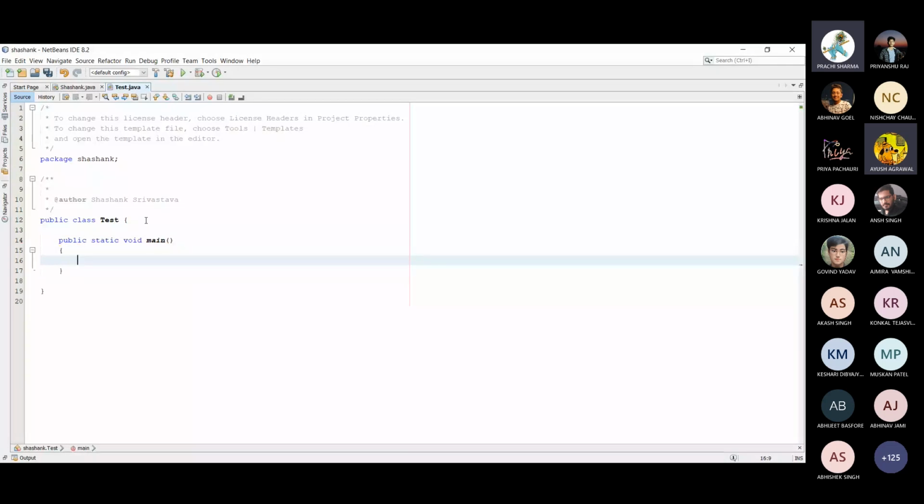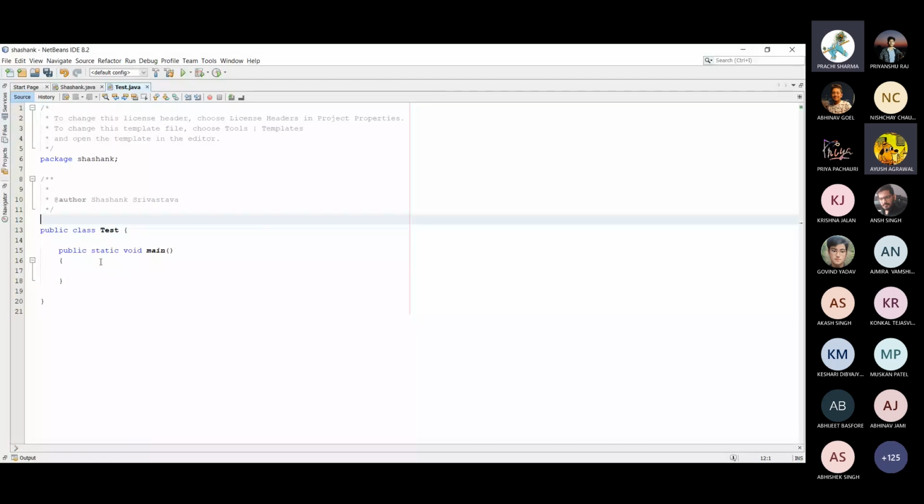Now, in the main method, when a program is executed in the Java programming language, initially the main class is executed. When the main class is executed, you need to create the object in this main method. String args like this. Here, this is a string array, and args is a variable name. You can write a here also, no problem.